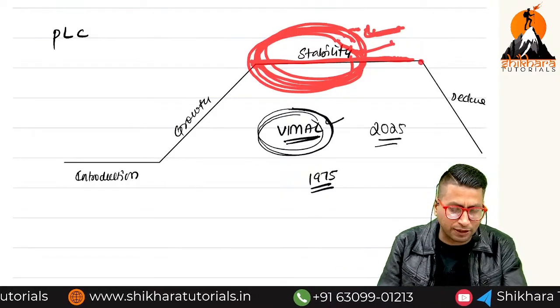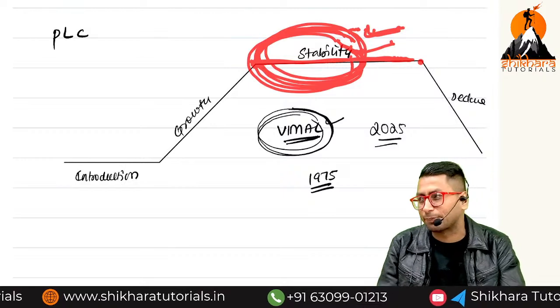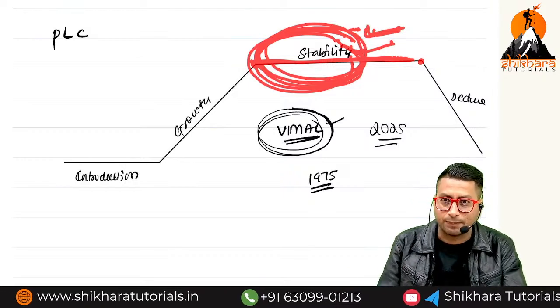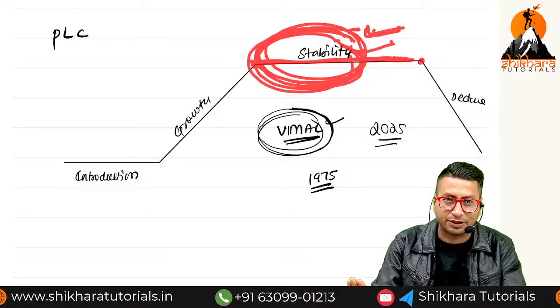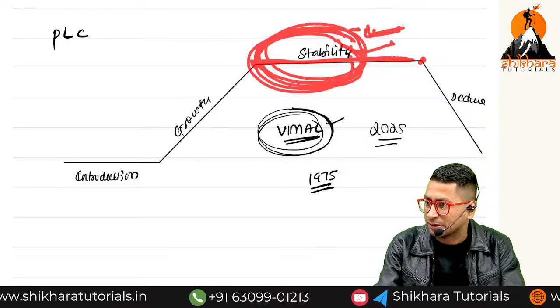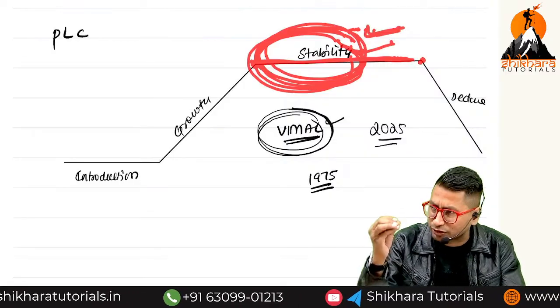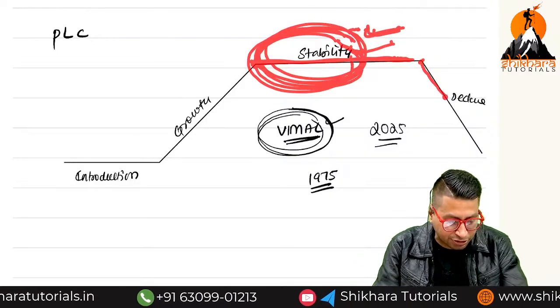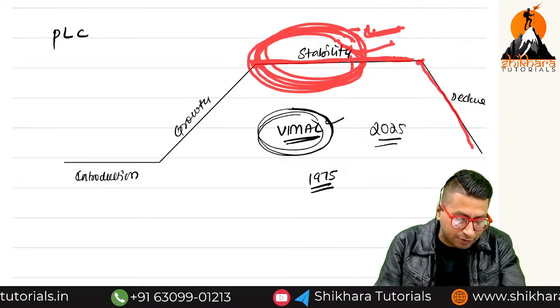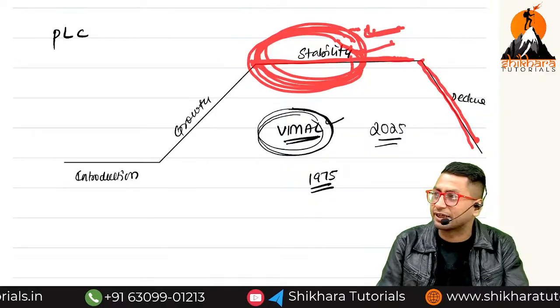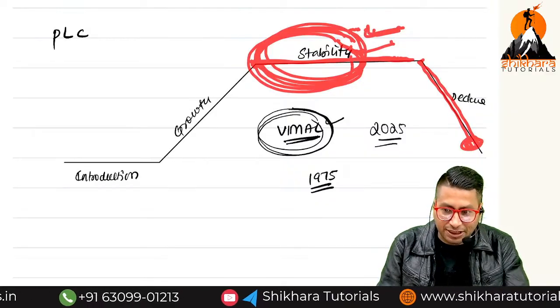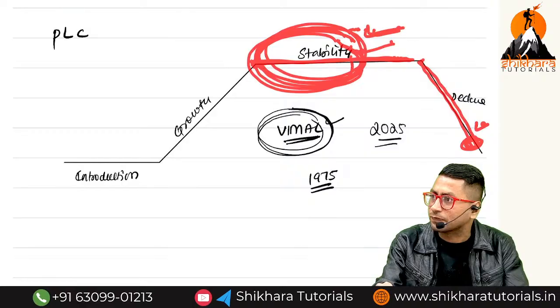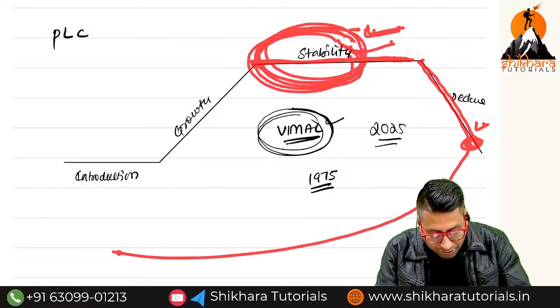And then over a period of time, my product might become outdated, whatever I do. My product will not be sold for lifetime, right? I may have to update my product. Due to some reason, sales of the product are constantly decreasing. Then I will fall down to which stage? Decline stage. And when in decline stage, I will continue selling the product, or I will introduce a new product